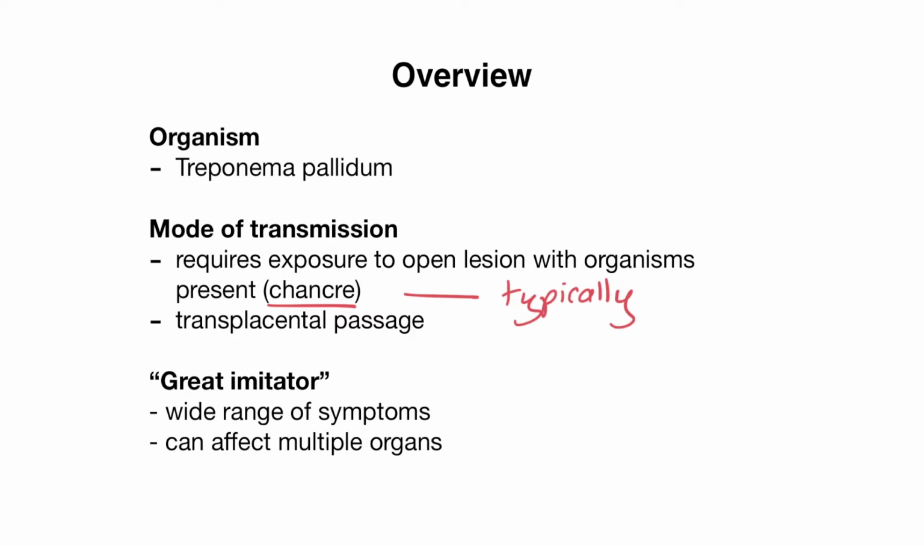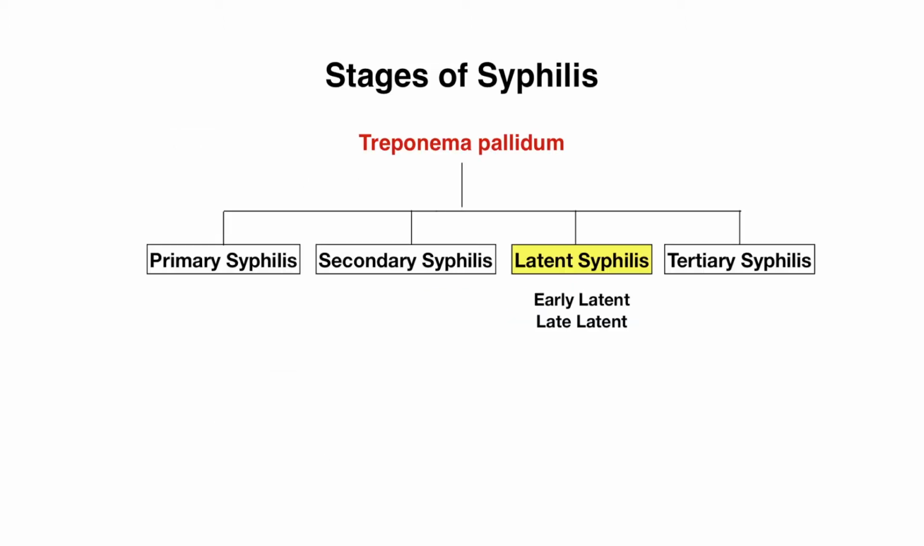Syphilis has been called the great imitator as it can present with a wide range of symptoms and it can also affect a number of different organs. So let's now get into your stages of syphilis. We have our primary, secondary, and tertiary syphilis, and then there's also another stage called latent syphilis, which is broken down further into early latent and late latent. That was a little bit of a mouthful, and we will discuss that a little bit later, but let's get